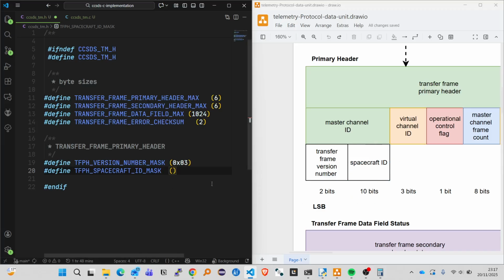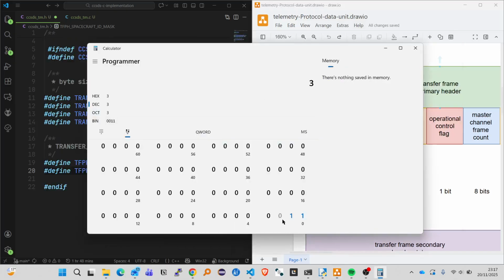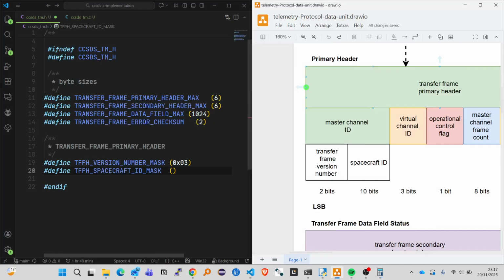So 10 bits means, again I use this handy tool to do that. These are 8 bits, 9, 10, like that. So this is 0x3ff. Right? So starting from the LSB, next thing is we define